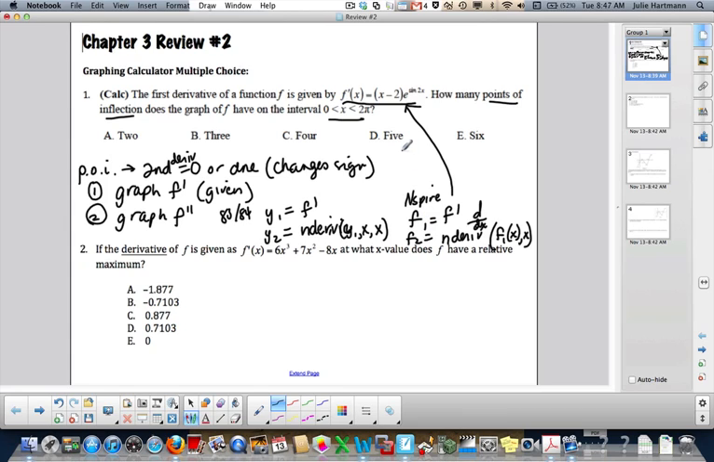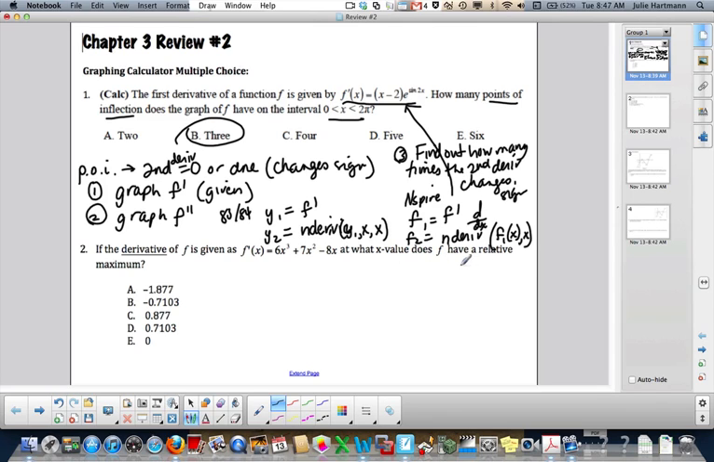And then step 3, find out how many times the second derivative changes sign based on the graph. And make sure you're going from 0 to 2 pi. Okay, if you do that, you should see 3 times where it crosses. Okay? Number 2, if the derivative of f is given, f prime, at what x value does f have a